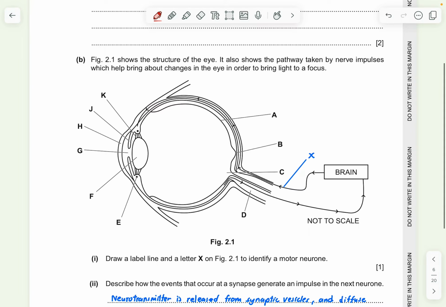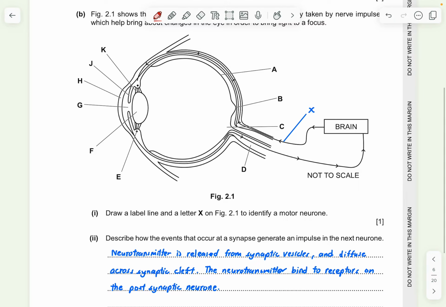So part B, figure 2.1 shows the structure of the eye. It also shows the pathway taken by nerve impulses which help bring about changes in the eye in order to bring light to focus. So part 1, they ask you to draw a label line and a letter X on the figure 2.1 to identify a motor neuron. So motor neuron is always after the information has been integrated in the brain and now the response is generated to the particular muscles. So you need to know that it's going to be after the brain,